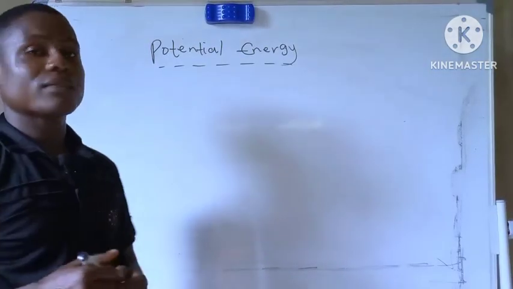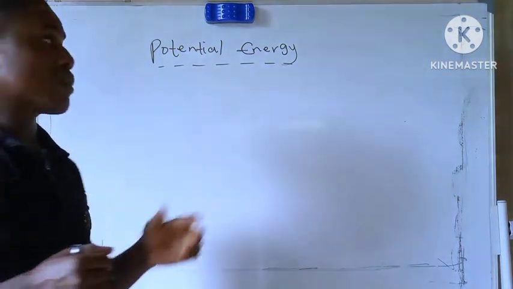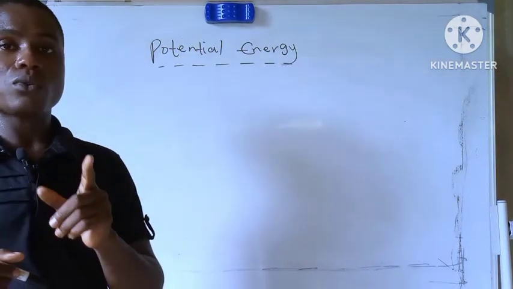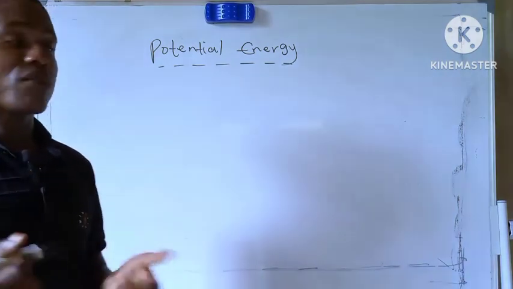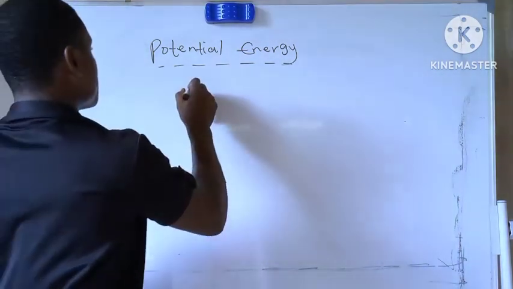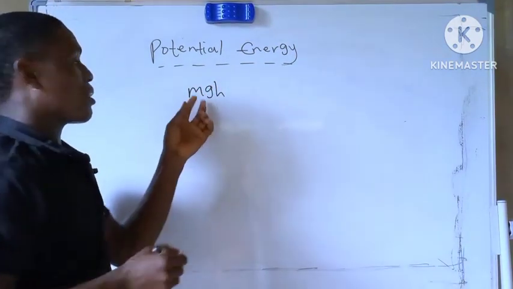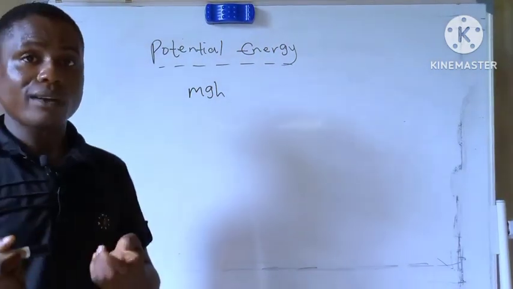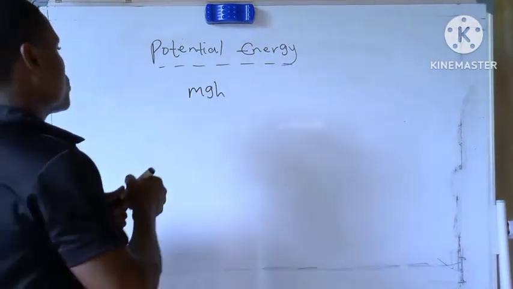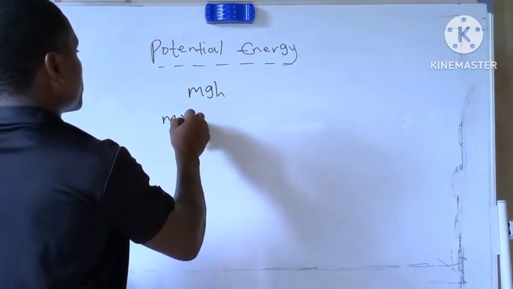So in my previous videos, I said before you start calculating the dimension of any given quantity, the first thing you need to identify is the formula of that particular quantity. So what is the formula of potential energy? We all know the formula of potential energy is mgh, right? M stands for mass, g stands for the acceleration due to gravity, and h stands for the height, right? So let's continue. So we have m multiplied by,